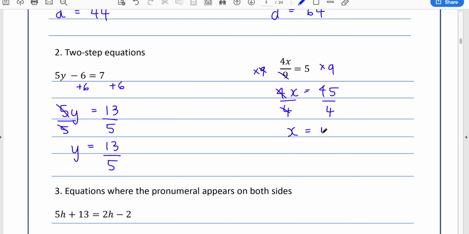I'm left with 45 on 4. Again, if you can simplify it, you will, but that one there will stay as is. Finally,